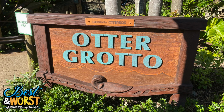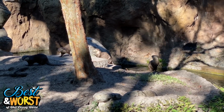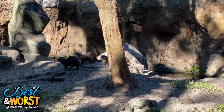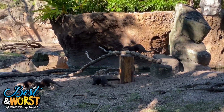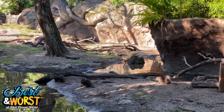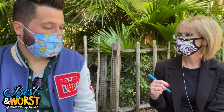So for attraction, you have It's Tough to Be a Bug, but then you also have some animal exhibits. Yeah, because there's the Otter Grotto. I always make the joke, it's the hottest nightclub here at Animal Kingdom, the Otter Grotto, which we saw otters today, which was a first for me seeing them here. They're out and about, and that's just an added neato mosquito kind of thing. I'm going to say they do the macaw show too at the Tree of Life, because we were on the other side and the macaws were flying around, so that happens too. That's kind of a random show thing, but yeah, so I feel like let's rate it on Tough to Be a Bug, I guess. Okay. Right? Because the other ones are kind of like...